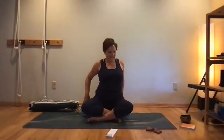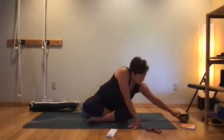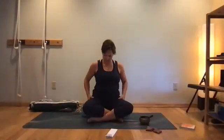Come into a seated, supported position. Just taking a few moments to adjust yourself there and finding more balance across the sitting bones. Settling into your legs. Always taking support to the legs. If you feel like your legs are holding themselves up, you want to support the legs, especially today with restorative